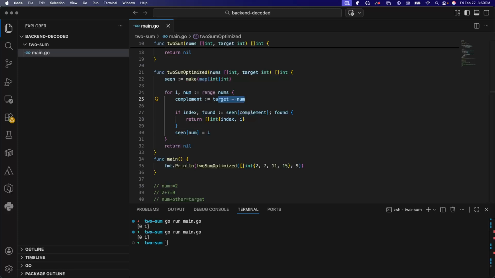This problem introduces the complement lookup pattern, which appears frequently in coding interviews. In the next videos, we'll continue solving problems from the LeetCode 75 list and build a strong backend interview foundation using